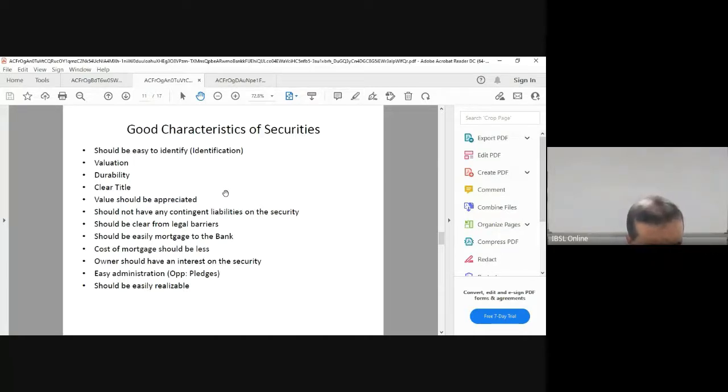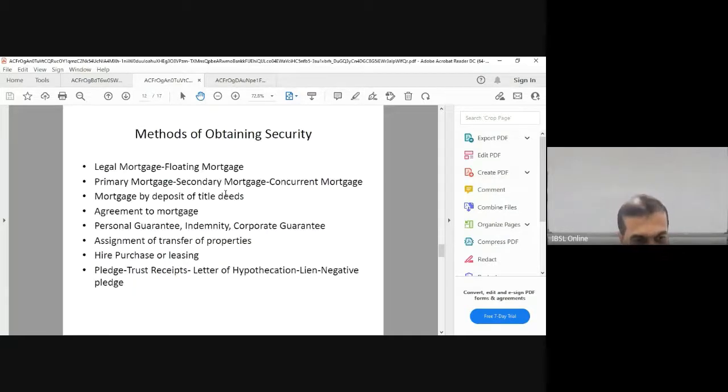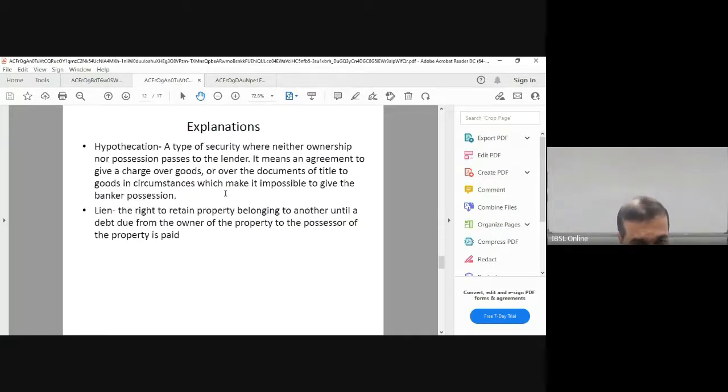One other thing which is not over here is access to the property. Ideally, you are looking at a 10 feet road. Whatever it is, you should be able to reach there legally, and at least 10 feet is quite okay. And I have seen lands in the Colombo area where you can't take a vehicle, but there's a value in it because there are enough buyers. So as long as it is easily realizable, there is a value in it, and of course you can accept it with the concurrence of the legal officers.